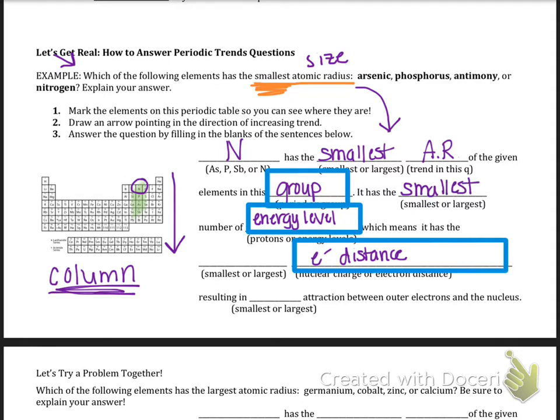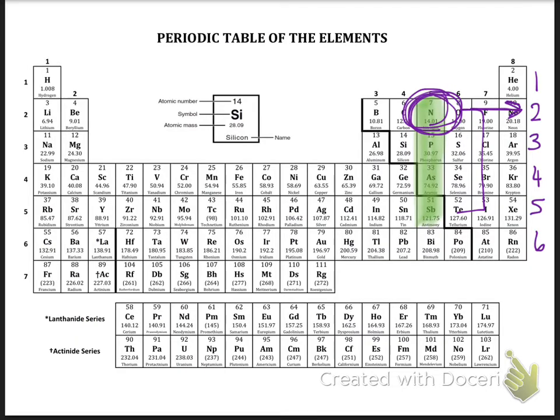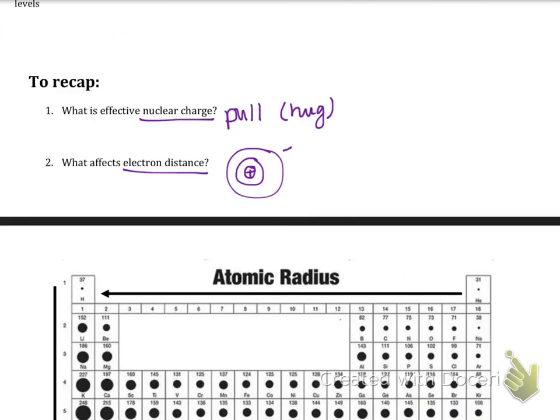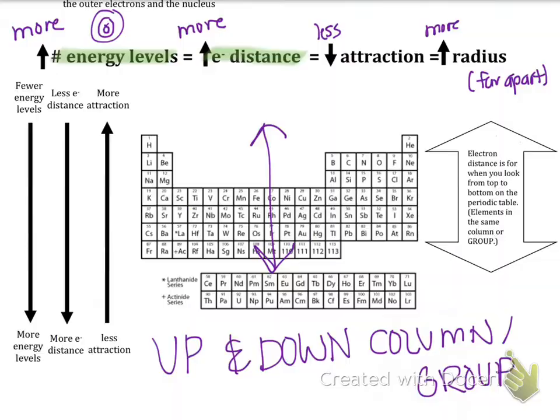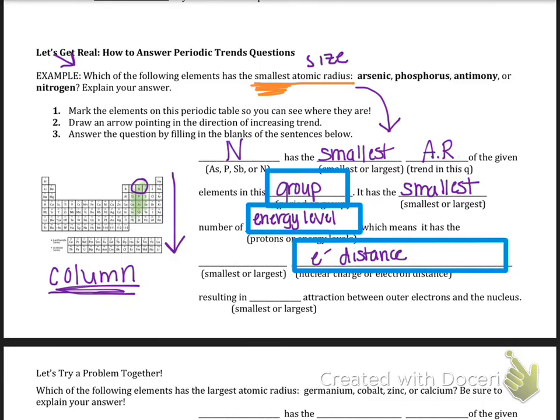When it has the smallest number of energy levels, then what does that say about our distance? Remember, we drew this picture over here. If you don't have that many energy levels, you are pretty close together. When you have a lot of energy levels, you are very far apart. And nitrogen only has 2, so they are very, very close together. So if we go back to our question here, then we say it has the smallest electron distance because they